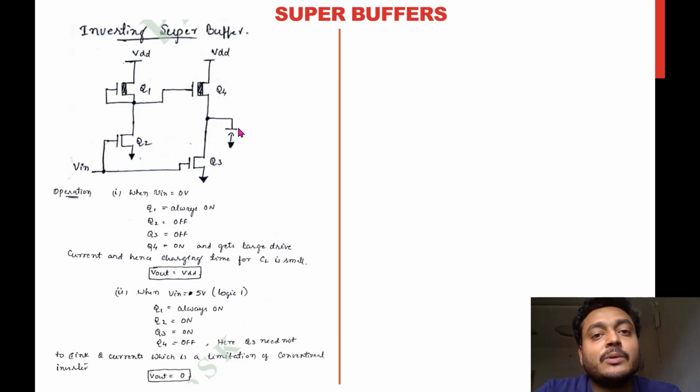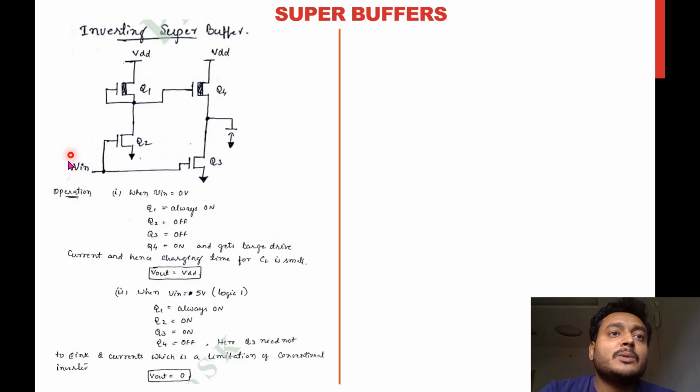But if you go for something like dash charging, in that case if you put it for half an hour or 40 minutes, it's going to charge the battery fully. So how is it possible? More current means the driving capability is higher, so the charging time will be very less. In this case a similar thing will happen. The larger current will be there, so your cell will be charged very fast, and the output will be VDD.